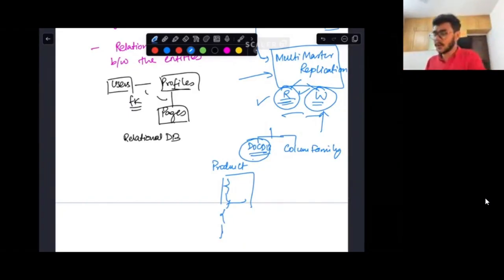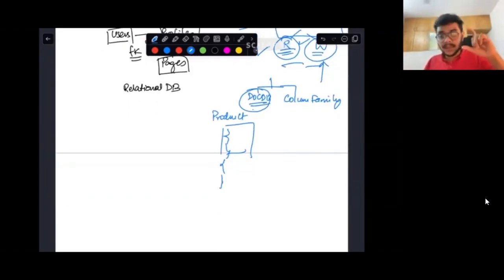Those kinds of data models are typically very ideal for usage with a DocDB kind of system. And things where you have some sort of a structure with respect to what you want to store, those happen to be very good candidates for a column family database, right? Why did I say column family database?